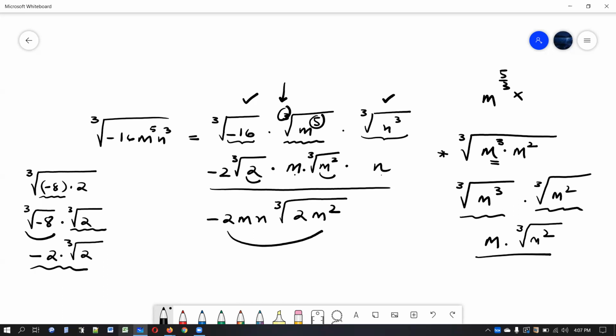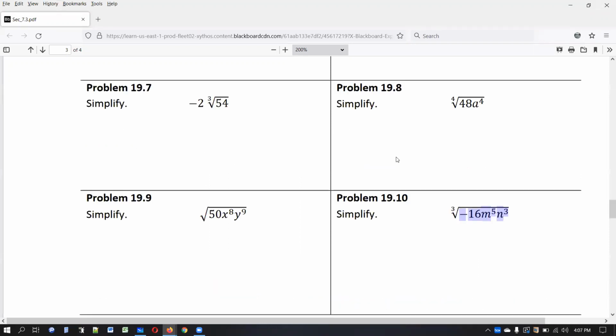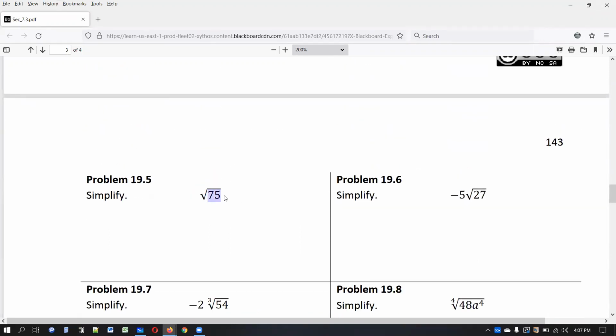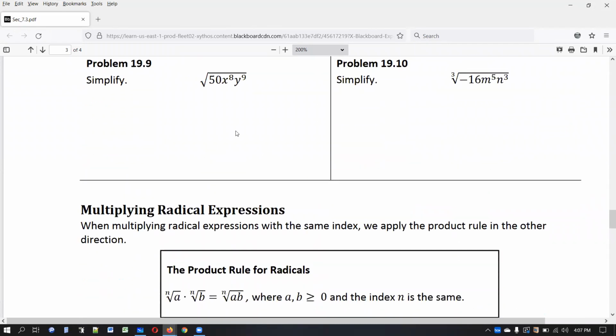Okay, so this is how you simplify these equations. I'm sorry, these expressions. We'll see equations involving these later on, but ideally, we will see this type of problem or this type of problem more than these. These are just practice problems. You might see these on the exam as well. These are practice problems for